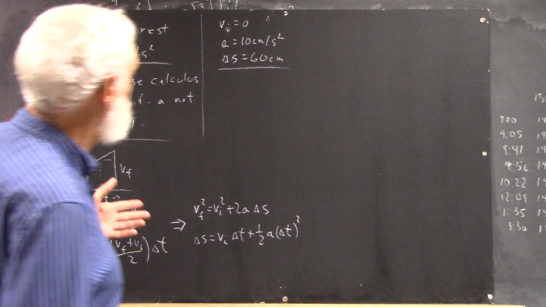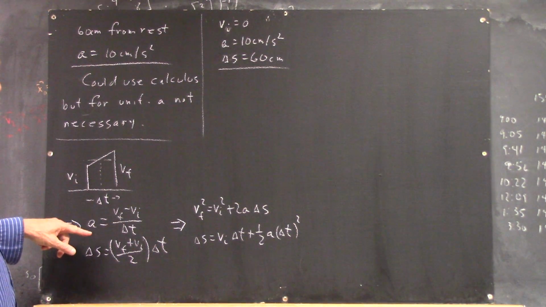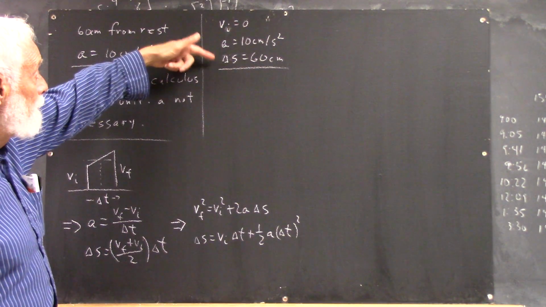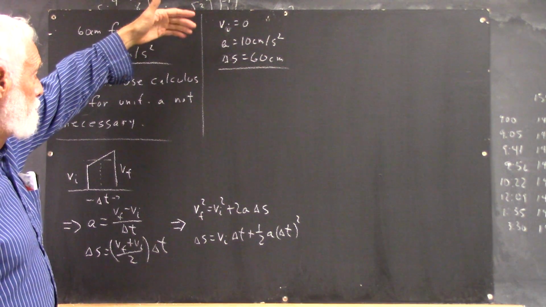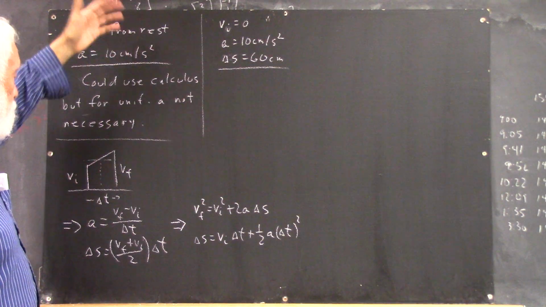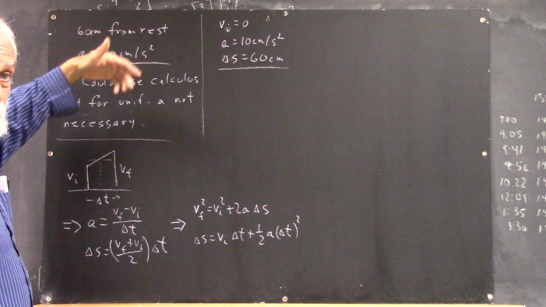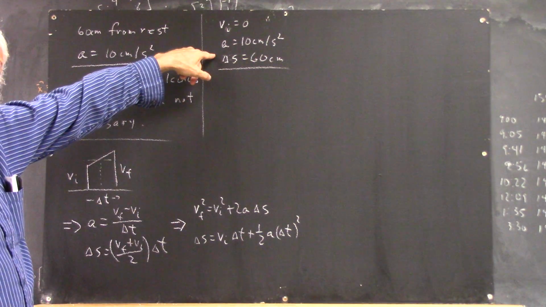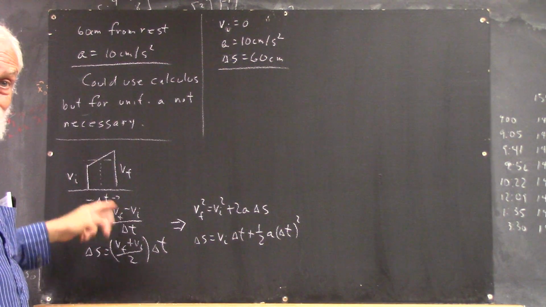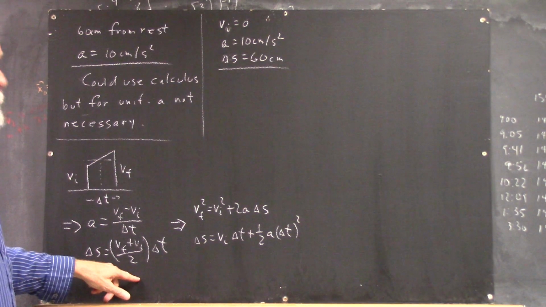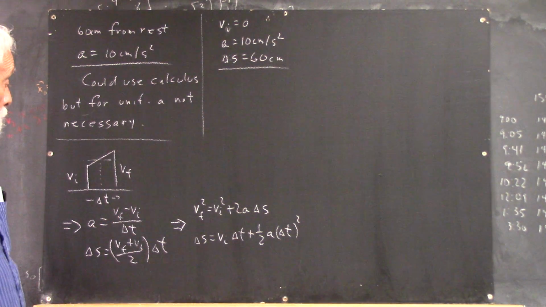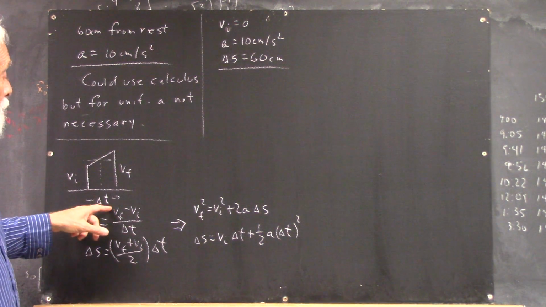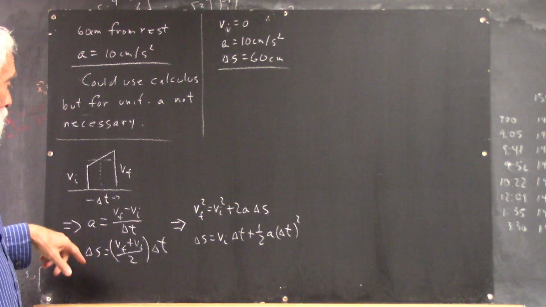Again, repeating what I just said. The first equation has A and VI, but it doesn't have delta S or VF, right? So it's got two things that aren't here, so we can't use it to solve for anything. This one is also missing two things. And it happens that the two things that this thing is missing,